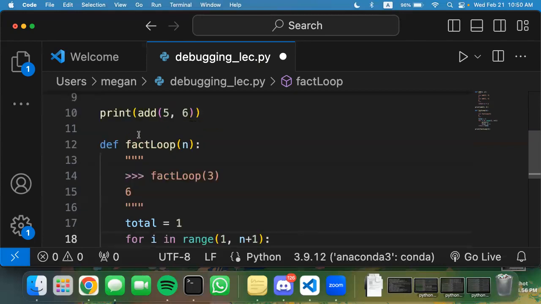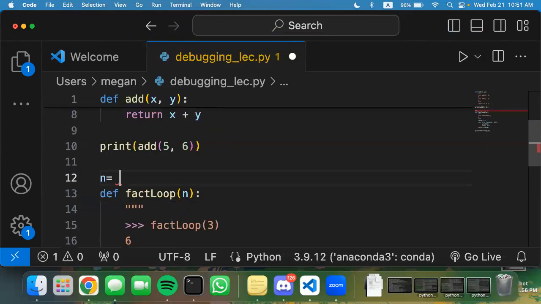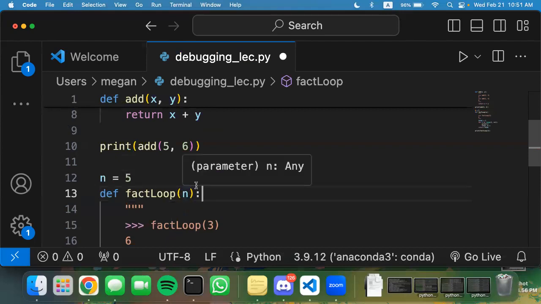If I put n is equal to 5 here, this is not the same n as in here. When we put input parameters into a function, we're saying for some arbitrary value, and we'll call this n, or in this function, for some arbitrary x and y values, we want to add these values together